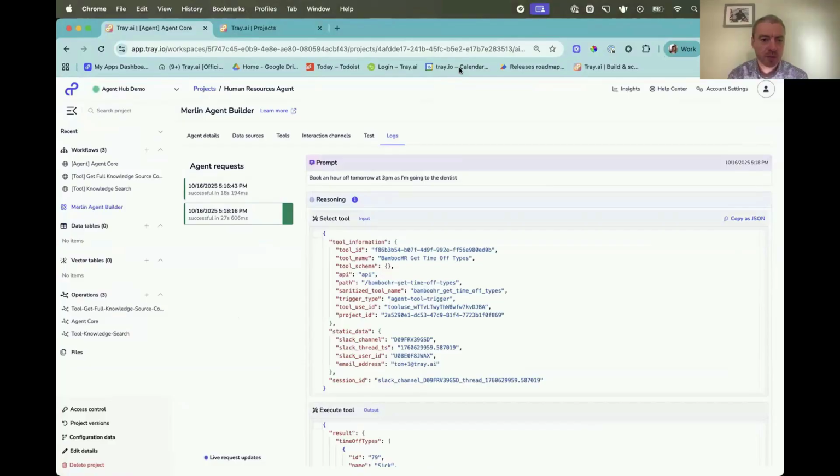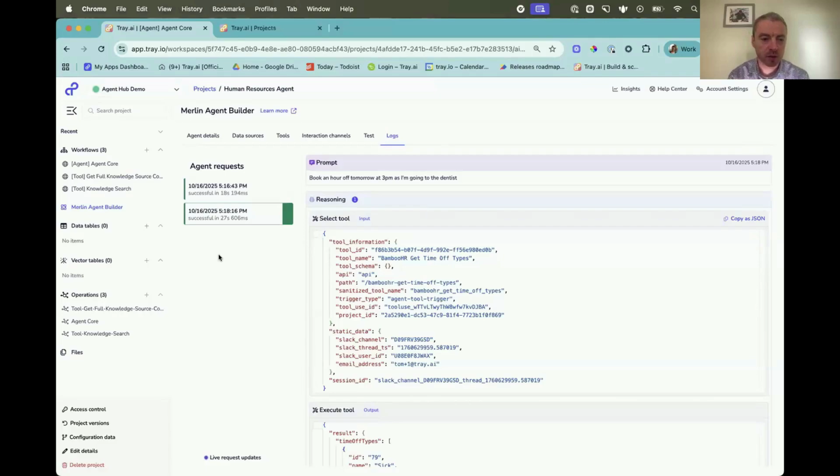And I think what's really important to emphasize here is that there's a lot of agent tools out in the marketplace that don't really have the ability to take complex action across multiple systems, or they take very limited access or action within their own sandbox. And I think it's important to hone in on that. Tray really allows you to do this because of the underlying infrastructure of an iPaaS. So any of our customers that are familiar with using Merlin Agent Builder will understand that, but